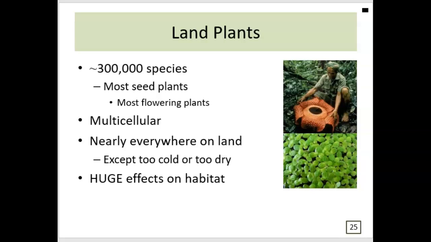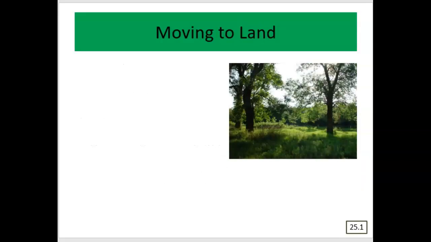Okay, so the closest relatives of plants are the green algae. And green algae, like most protists, live in water. So, why did plants move to land? We're going to start by thinking about the benefits of a move to land. Now, keep in mind, this isn't like an alga was floating around the water, looked up on land and was like, hey, I'd like to go up there, right? We're talking about an evolutionary process. But there must have been benefits to select for that move to land over time.